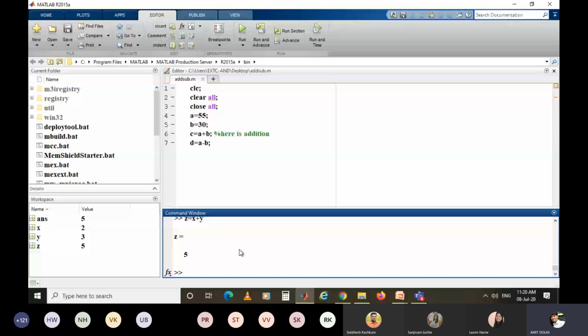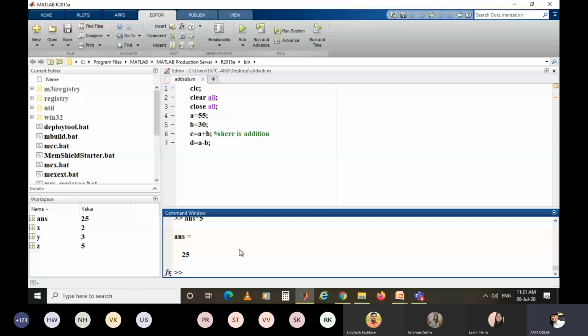Suppose you are not using any variable, whatever is the result will be stored in ans, and you can reuse that variable. Like if I wanted to multiply the previous answer by 5, I may write ans multiply by 5. So it will be 5 multiplied by 5, it will be 25.